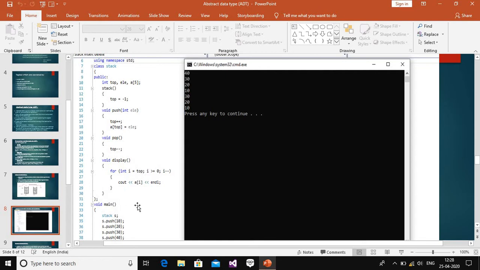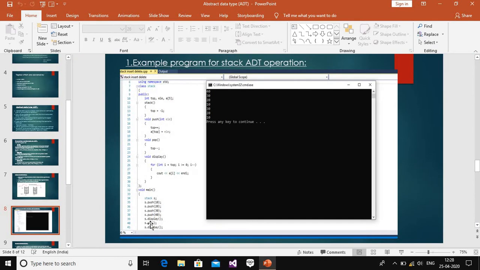In void main, we create the stack and insert the elements. We can insert 4 elements, 10, 20, 30 and 40. We call the push function, we call display, and we call s.pop to remove one element.